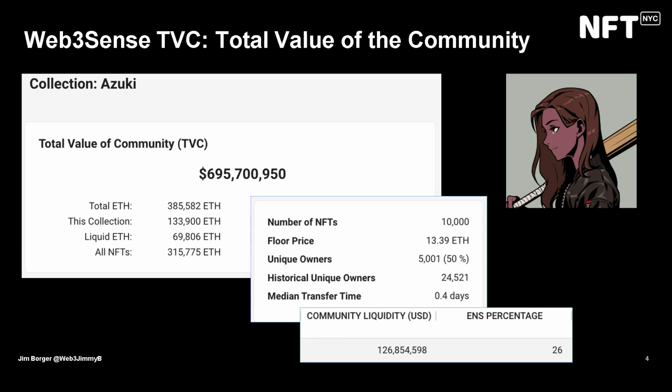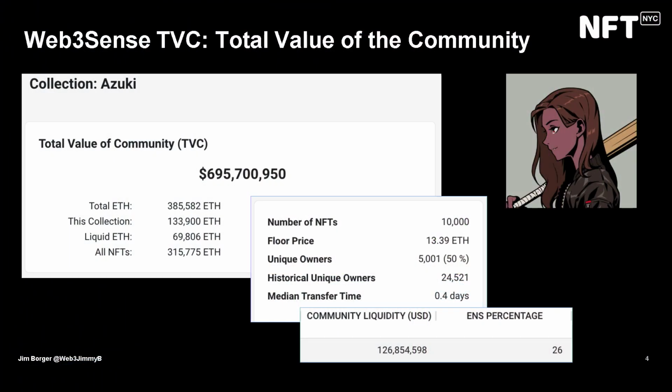And I think that when we're talking to people who are kind of dipping their toes in the water and looking at Web3 or NFT communities and thinking about activation, maybe thinking about career risk that they might be taking on if they push forward within their shop to do an NFT drop or to build a Web3 community, I think what they really have to get their brains around is that these are really big communities with a lot of buying power, and you can measure them. And I think putting the measurement terms in a language that they understand will help drive more and more activity in the space. All right, so that's the TVC.